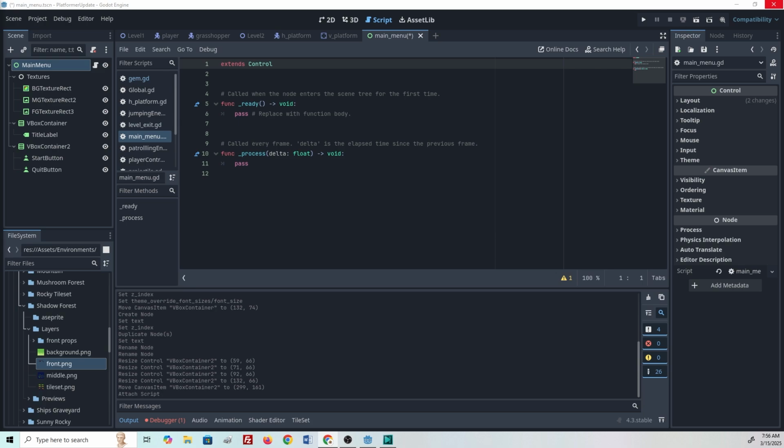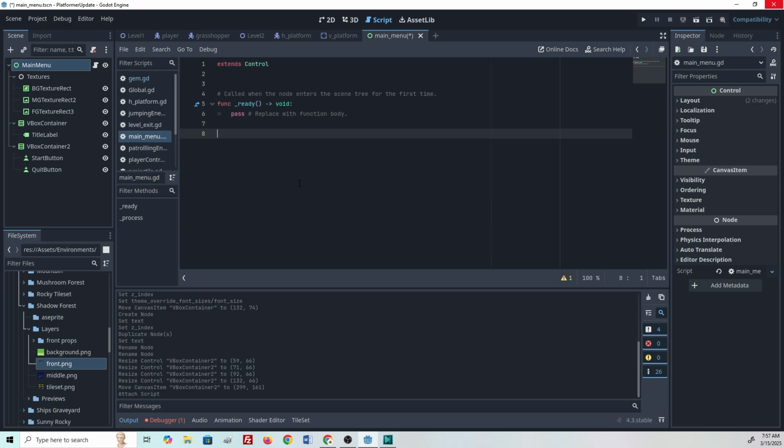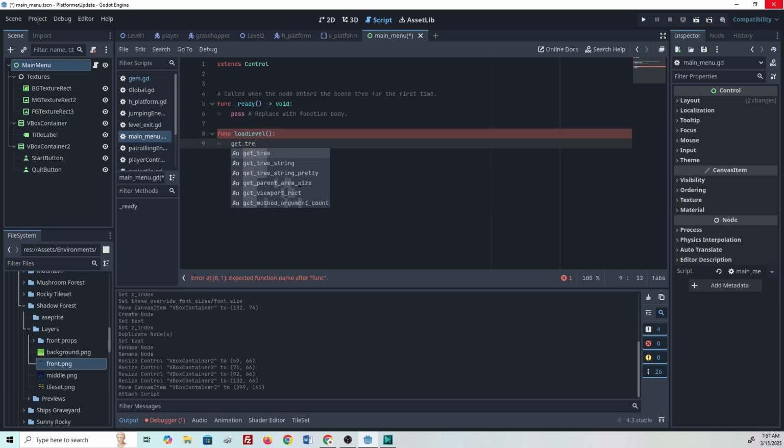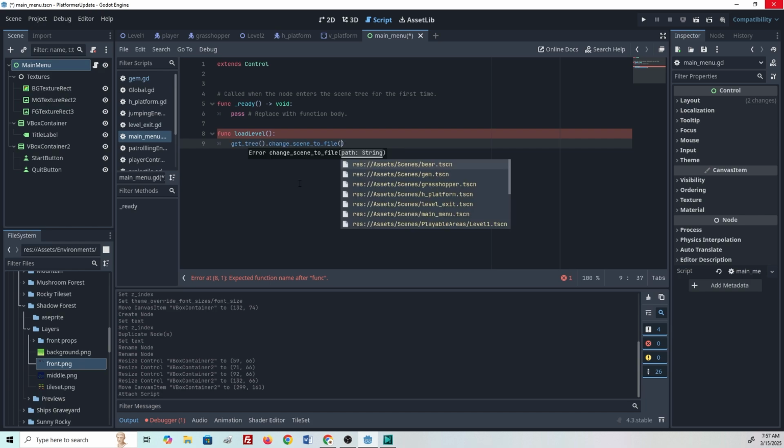And what we're going to start doing, first thing, let's get rid of this process. We're not going to need that. We are going to need some functions. So the first one we're going to create is called load level, and it's going to be very simple. get_tree().change_scene_to_file,